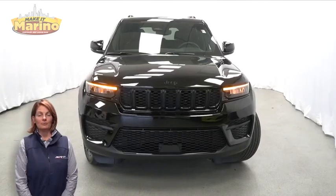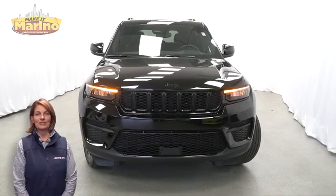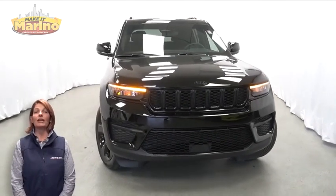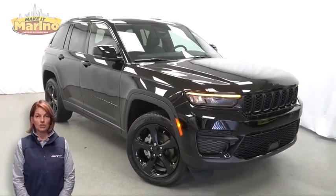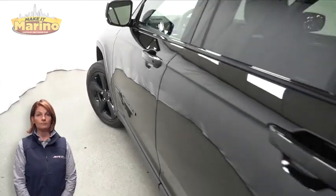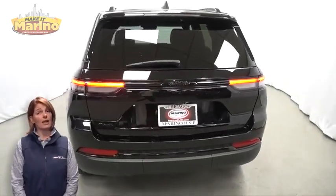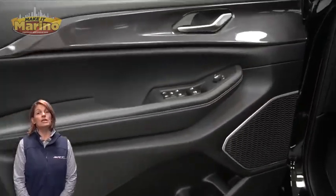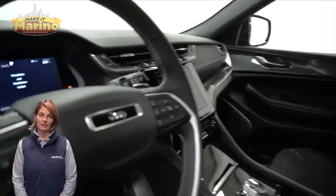Looking for a highly equipped SUV with all the right options and reliability? We'll take a look at this 2023 Jeep Grand Cherokee Altitude in Diamond Black Crystal Pearl. With Altitude Appearance Package, Adaptive Cruise Control with Stop and Go, 20-inch aluminum wheels, blind spot and cross-path detection, heated front seats, heated steering wheel, 20,000 miles on the odometer,